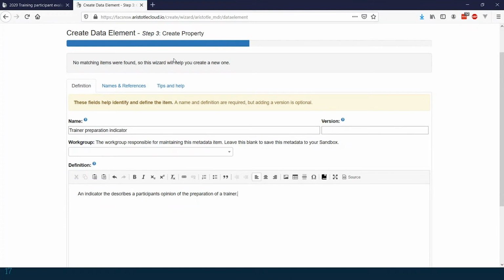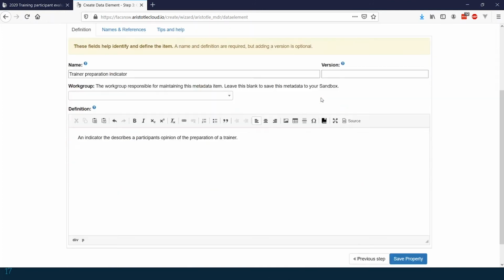a trainer. So if down the track we decided that we were only going to use a 3-point scale of agree, not sure, disagree, or used a 7-point scale, or maybe even had a big plain text field, they'd all still be linked to the same property. So the property is really just a conceptual idea of, what are we trying to get information about, not how